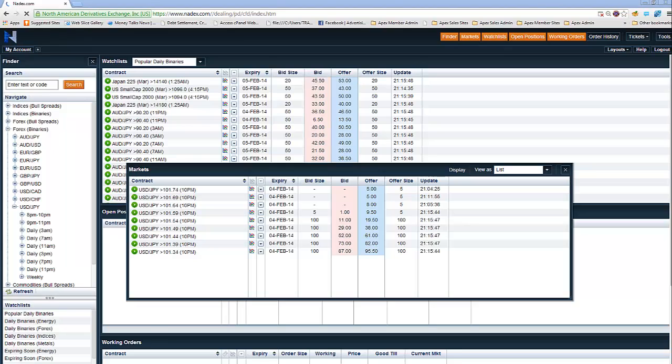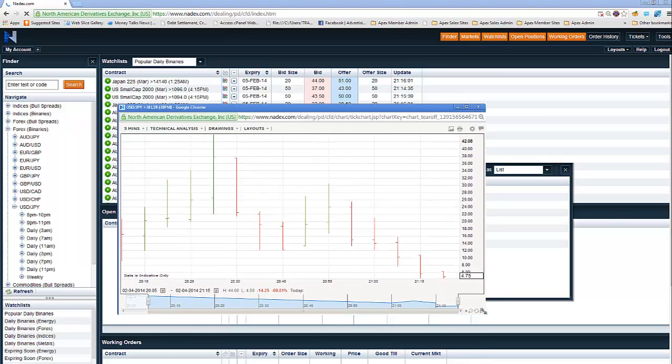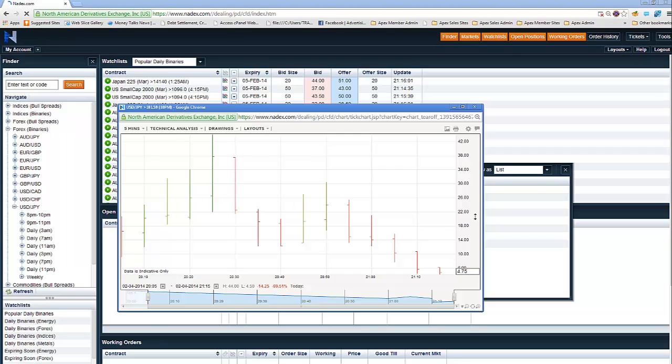So 3 out of 4 scenarios, I can be profitable on premium collection trades. Here's an example of a binary contract chart where you see the binary came in, the market stayed below the price, and say if you sold this binary contract for $30, and then it descended and went lower and lower and lower over time, whether or not the market's even moving, it could still go lower in value because that binary has to end at either 0 or